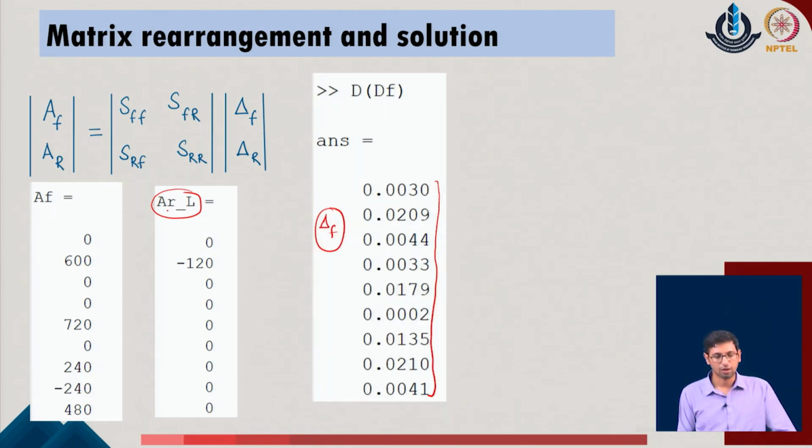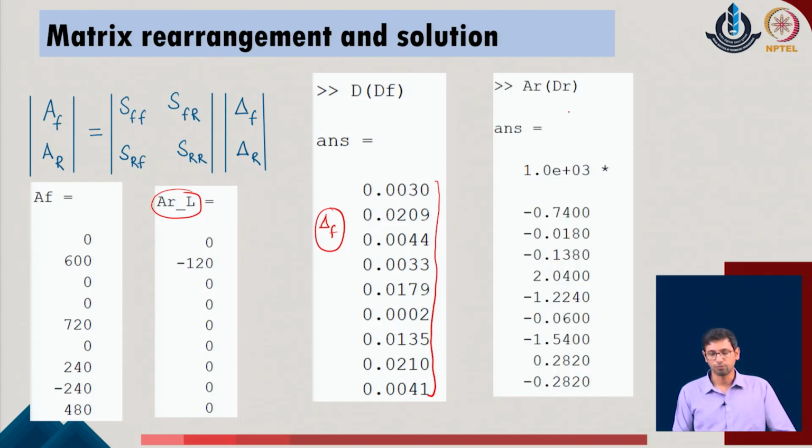So if we add these contributions in the system, we evaluate the final AR value, which is A of r, from the given expression, as A of r equal to S of Rf into delta f in the given system. The second part, S of Rr into delta r, is anyway 0 because delta r is null in the given system. So this A of r is obtained.